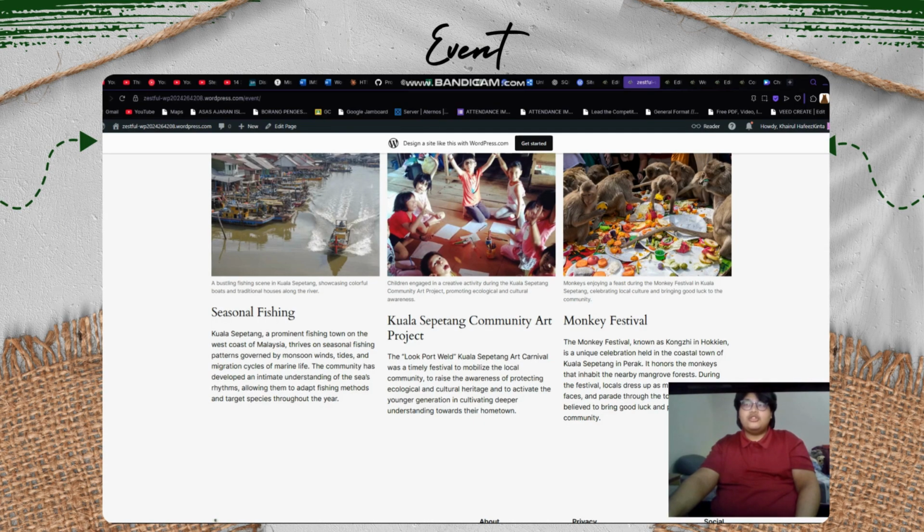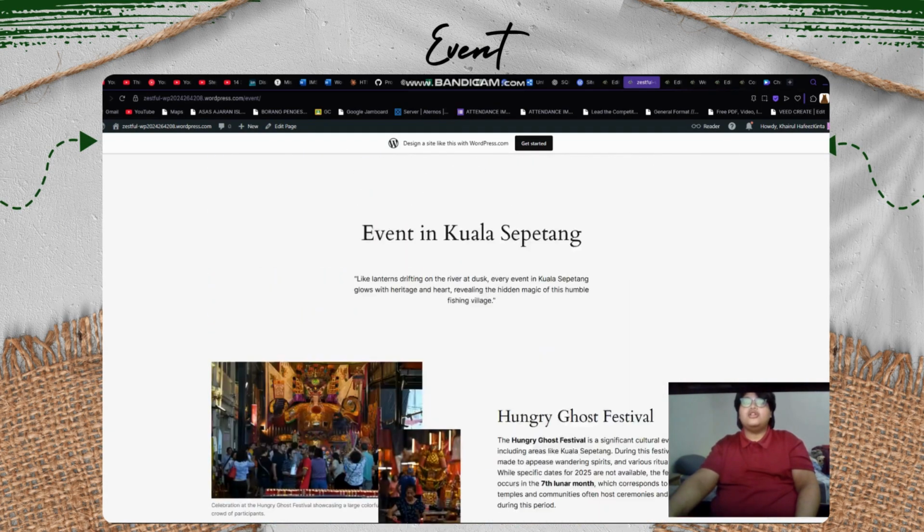The Monkey Festival, known as Kongzi in Hokkien, is a unique celebration held in the coastal town of Kuala Sepetang in Perak. It honors the monkeys that inhabit the nearby mangrove forests. During the festival, locals dress up as monkeys, paint their faces, and parade through the town. The event is to bring good luck and prosperity to the community. Okay, now we shall go to the next page of